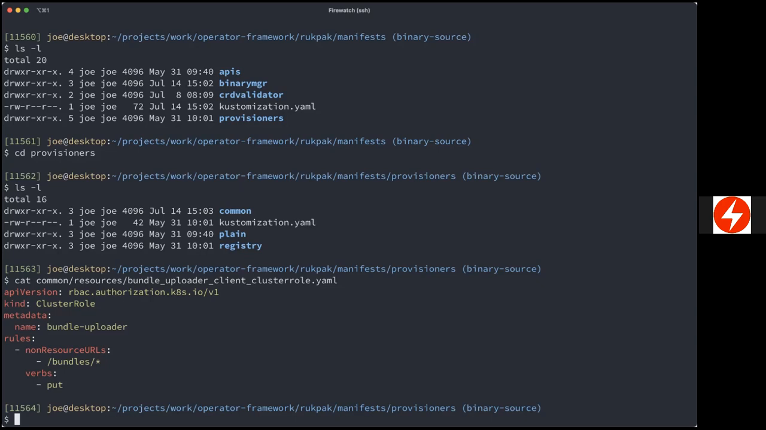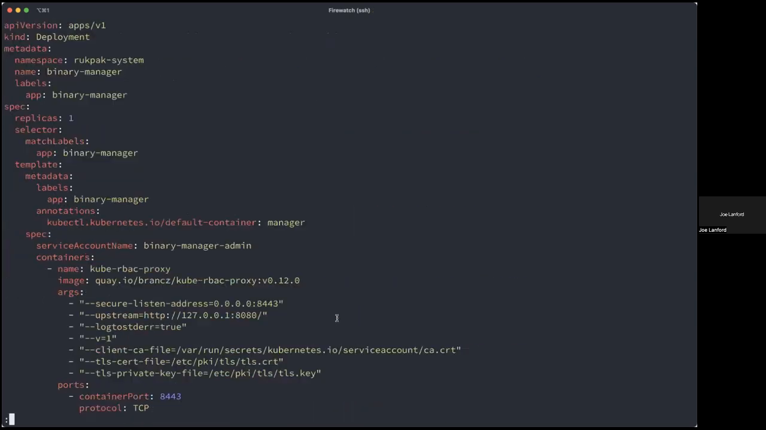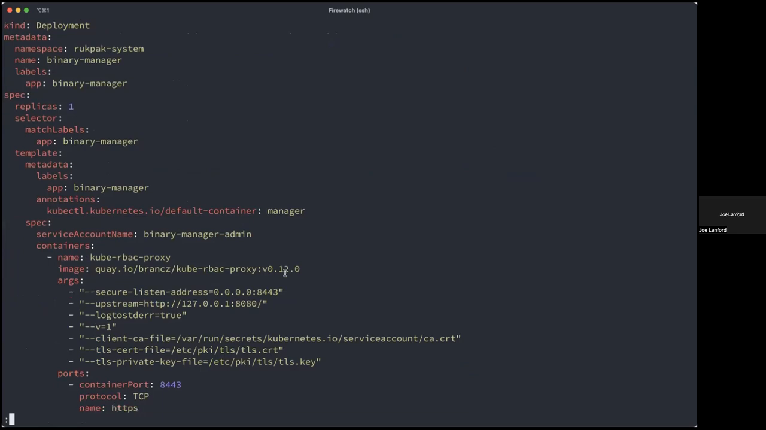Could you quickly highlight how you added that? Which piece? Specifically making it so people can't upload bundles if they don't have this bundle uploader role. Yes. So this role gets applied to the cluster. And then if you look at the deployment,